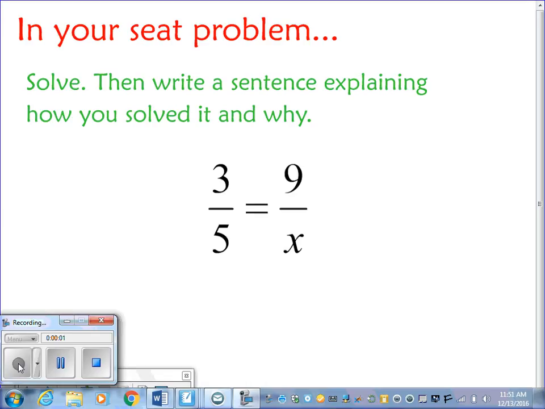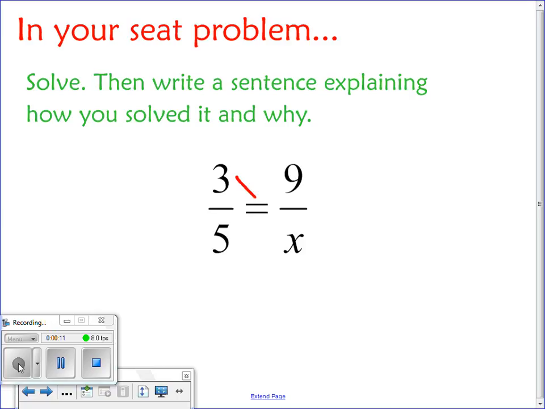All right, guys, if I give you a problem like the one on the board right now, this is something you should have learned to do a long time ago. How would you solve that? Good. So I'd cross multiply, right? So I cross one way, that gives me 3x. Cross the other way,